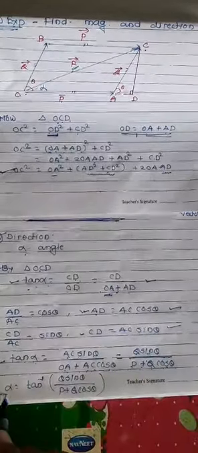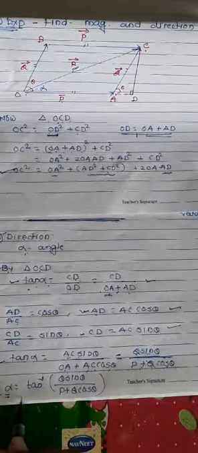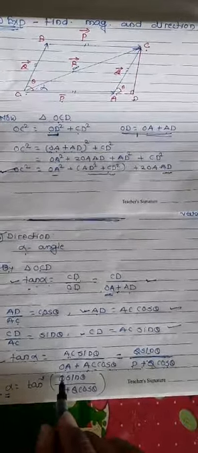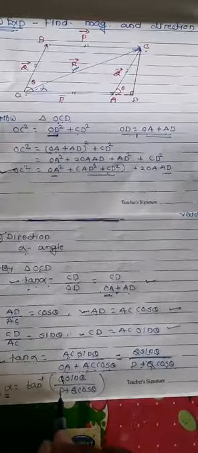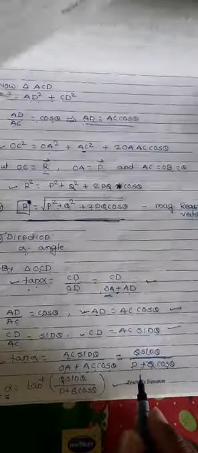After that we have to find the value of alpha. For the calculation of alpha, we take tan inverse of Q sin of theta upon P plus Q cos of theta, and this is nothing but the direction